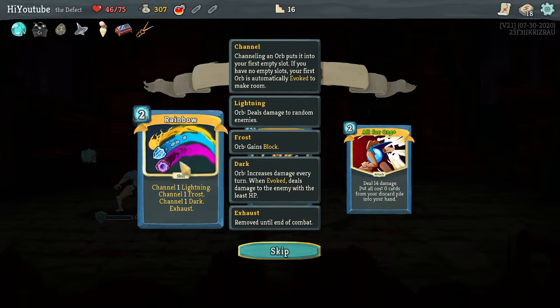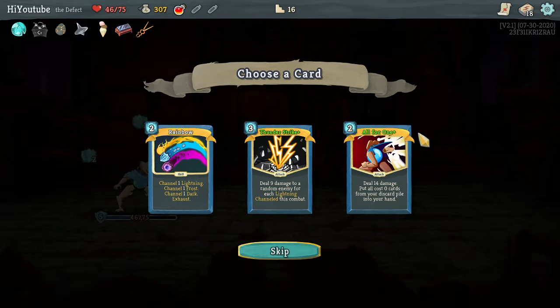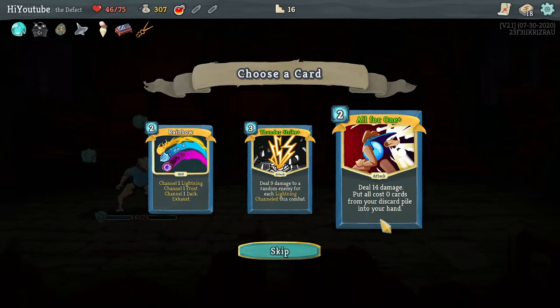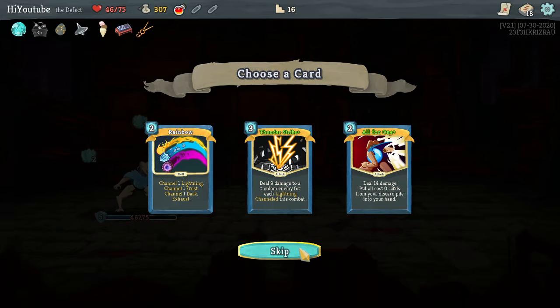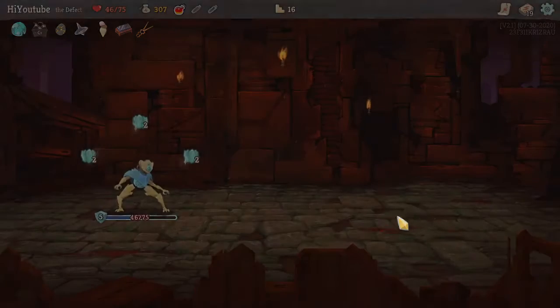Rainbow. He'll channel one of each of the orbs. Put all 0 cost cards from your discard pile. I think we're going to skip this one. Each lightning channeled this combat though. Oh, we'll go with that. It's a rare card, so...